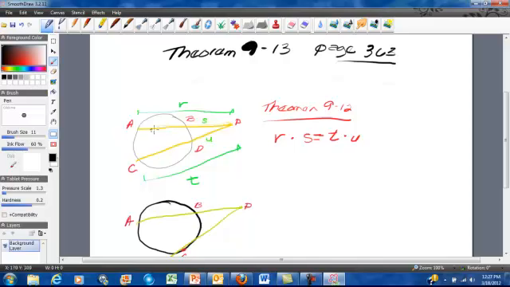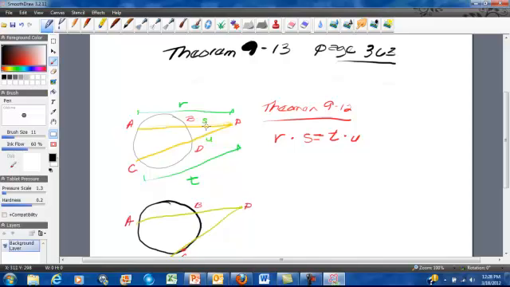we have two secants, which are in yellow here, it says that if we look at the total length of this secant ABP, and we see that as R, and we look at this second secant, which is CDP, and we look at that as T, and we take their external segments, which are right here, S and U. So Theorem 912 says, look, the entire length of this secant